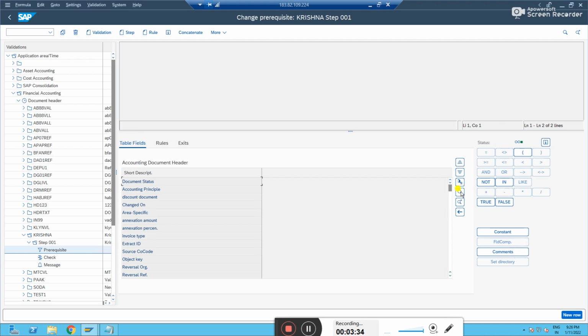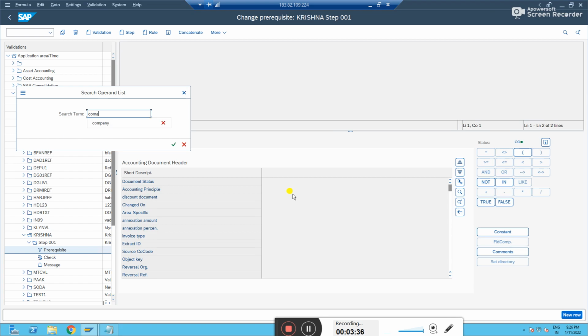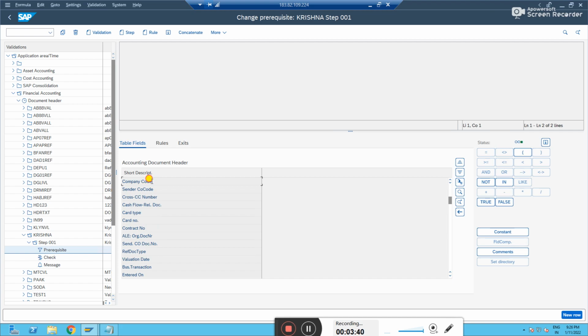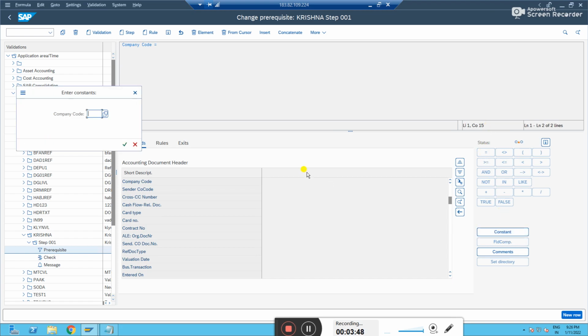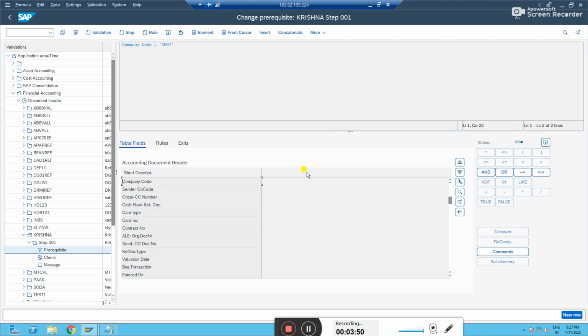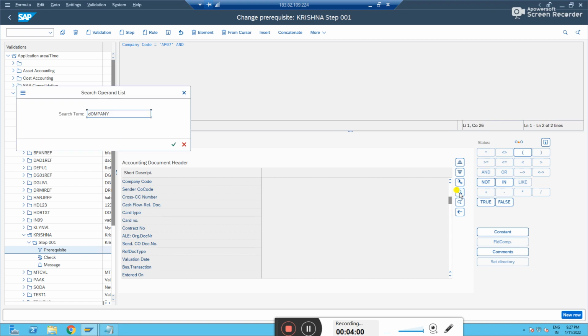Let me find the company code first. Search button, company code. It has come here in your prerequisite. I have to give the value. Click on equals to and constant value. Let me put AP07. And I need a validation for a document type. Let me find the document type.